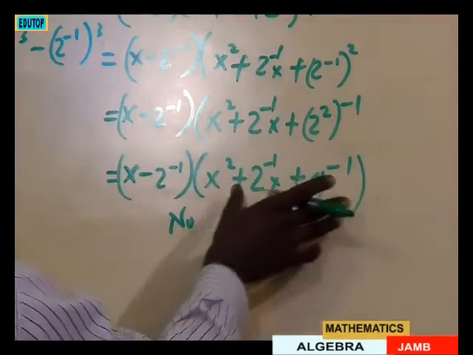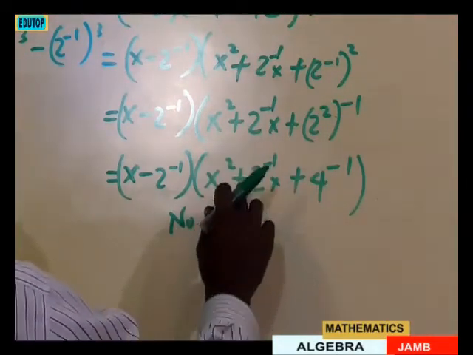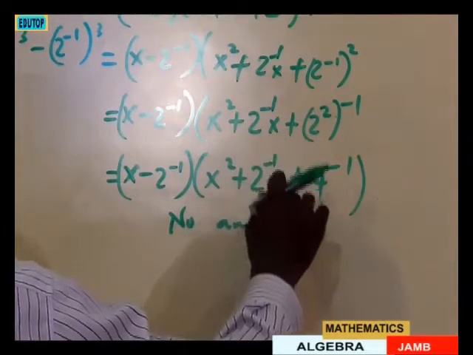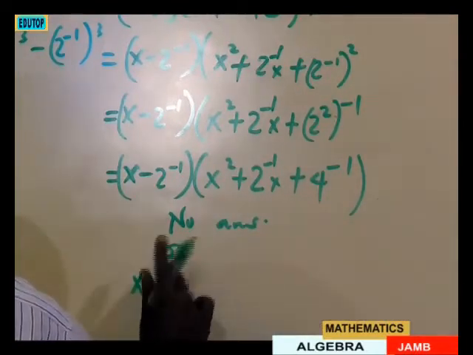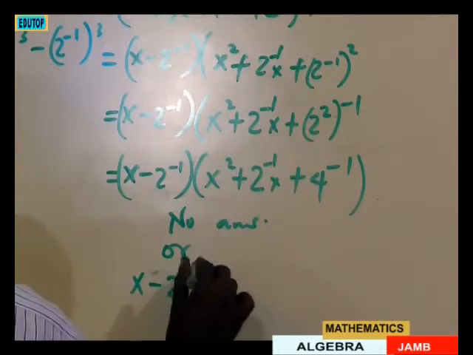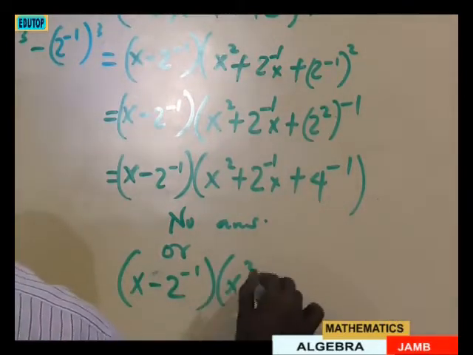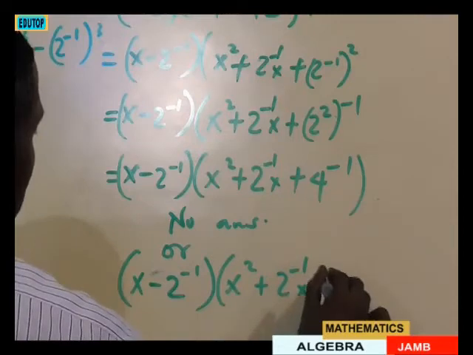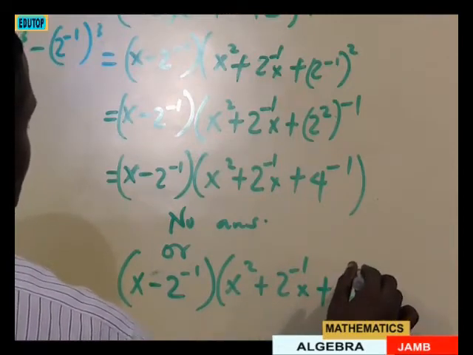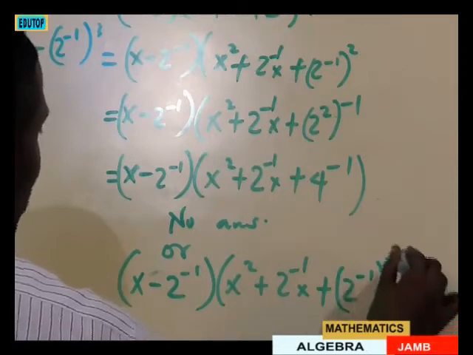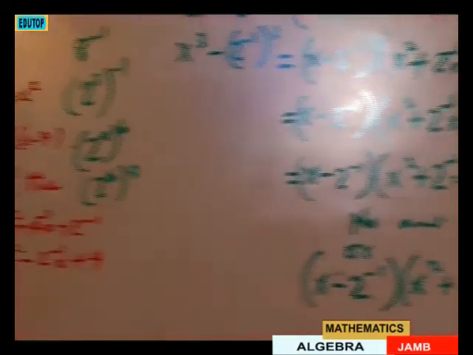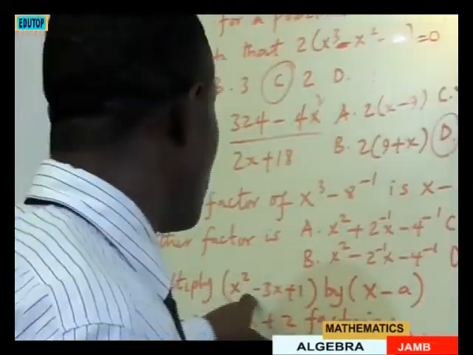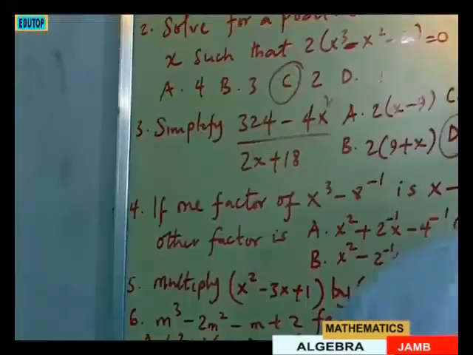But in this context, the answer to the question will be x squared plus 2 raised to the power minus 1 x plus 4 raised to the power minus 1, or x minus 2 raised to the power minus 1 into x squared plus 2 raised to the power minus 1 x plus 2 raised to the power minus 1 all squared. So that you have it this way or this way. So that is what you should note. Then the next question, question 5, says that multiply this by this. So in this situation, we have